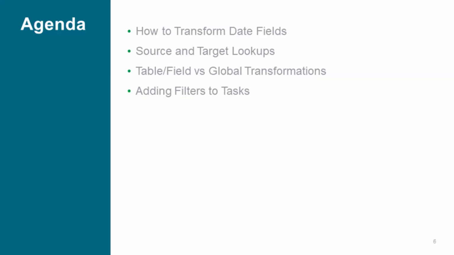Great. And today we're going to be talking about how to transform date fields, source and target lookups. We're going to take a look at the difference between table field versus global transformations and adding some filters to tasks. We're going to demonstrate a lot of that and talk about what to do when things don't go exactly